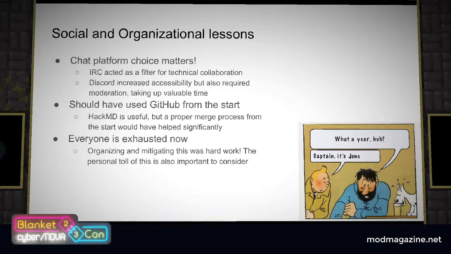Primarily, chat platform choice for dealing with a rapidly changing situation matters. IRC, in addition to being accessible without signing up or needing to log in, had the benefit of acting as a filter for those not already familiar with technical development, making the atmosphere a lot more focused. The Discord guild that was created, on the other hand, required active moderation and became difficult to deal with almost immediately.